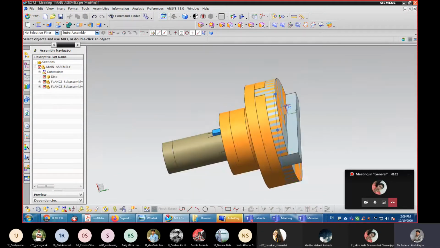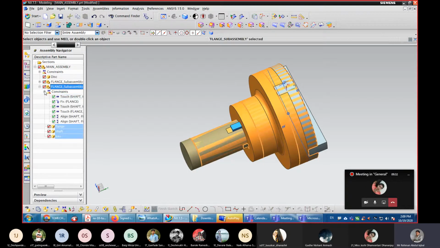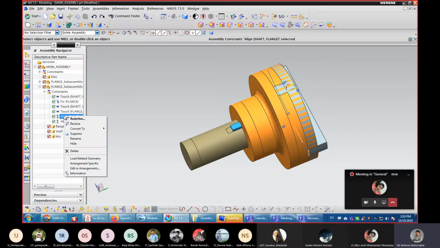If you see, both the sub assemblies are on the left hand side, so we just need to change the direction. In the assembly navigator on the left hand side, go to the second sub assembly. This is the first assembly, the second assembly is in the same place. So go to constraints and the last constraint here, right click, reverse. Sorry, not this one.